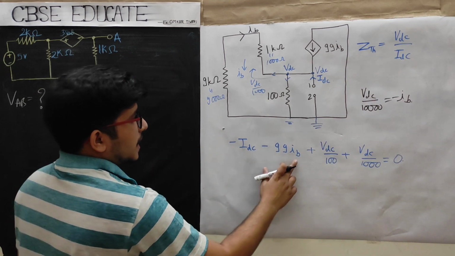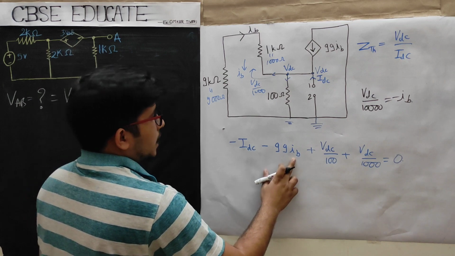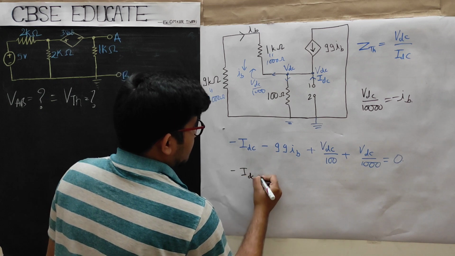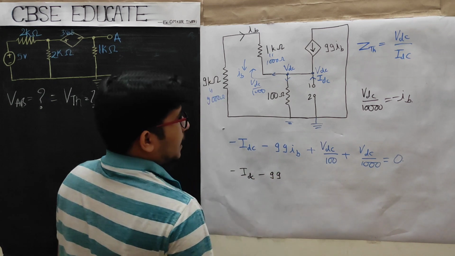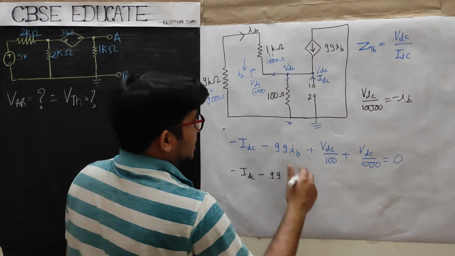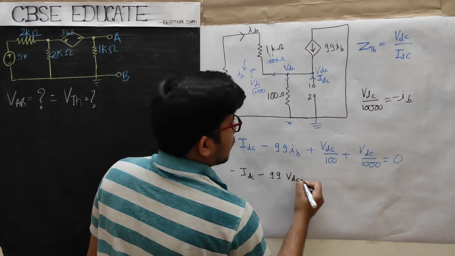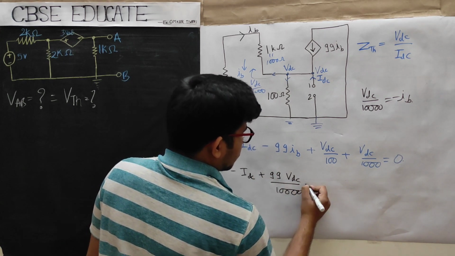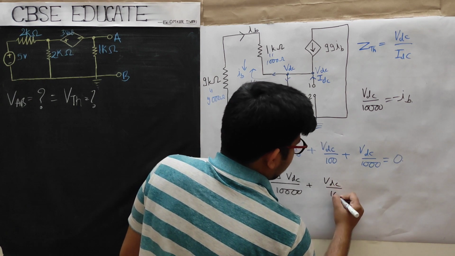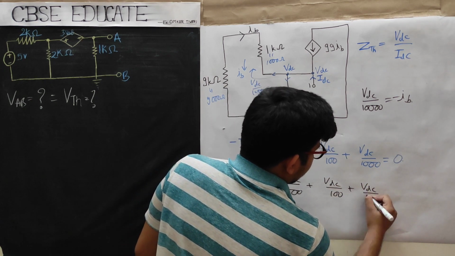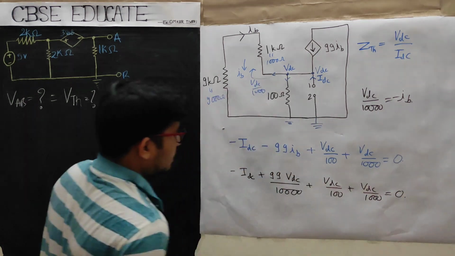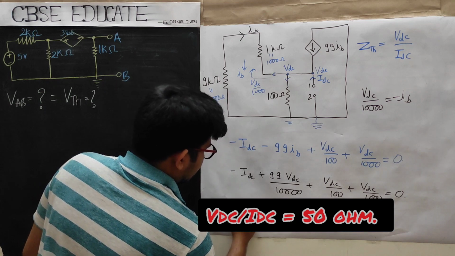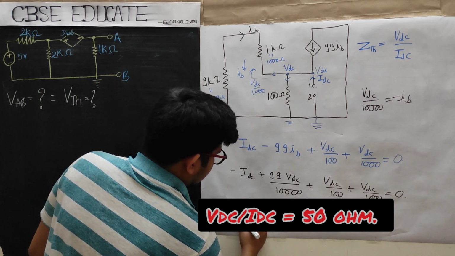So here is IB; in place of IB you can write VDC by 10,000, so minus of IDC minus of 99 times VDC by 10,000 minus VDC by 10,000, so it will be plus VDC by 10,000 plus VDC by 100 and plus VDC by 1000. After solving you will get VDC by IDC